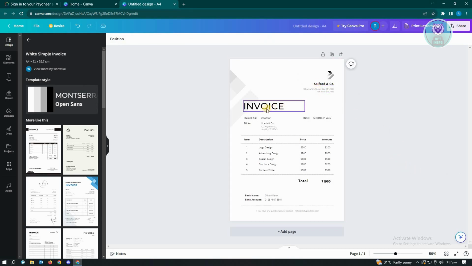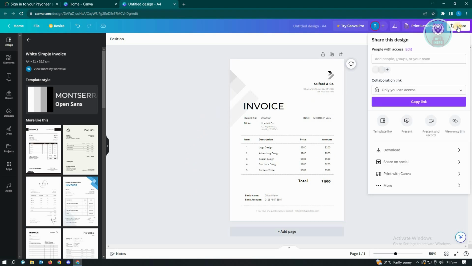So the company name, the invoice number as well, the billing to, and the date, and the itemized prices as well as the amount. Now just go ahead and edit that, and once you're satisfied, just click on the share button, which is located at the top right, and from here you could download this photo in a PNG format. Now in that PNG format, you could just send that to your client, and you'll be able to provide an invoice